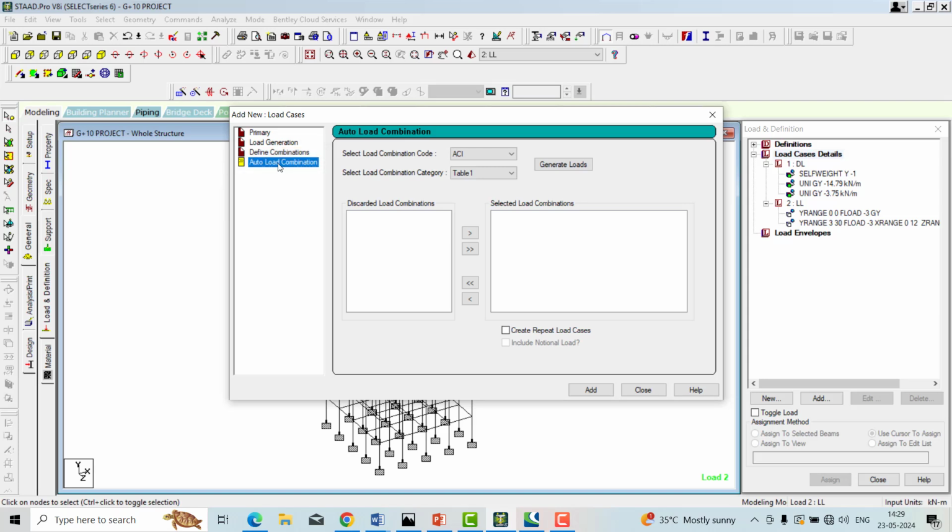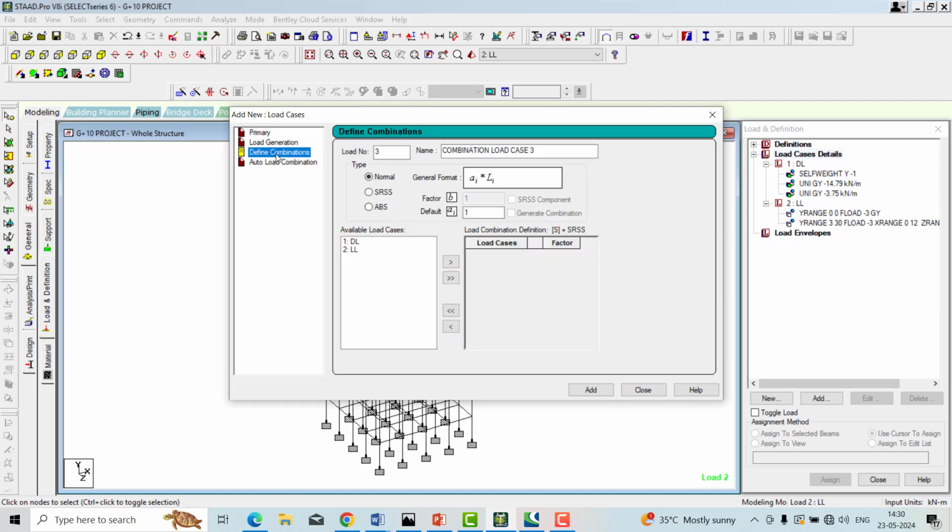If you don't know the exact factor, you can go ahead with the IS code, that is the Indian code, and then click on generate load. The software will generate the combinations of the load, whatever the possibilities are according to that particular code, that is 1.5 factor, 1.2 and then 0.9. But if you don't go ahead with this, I just add this to the discarded.